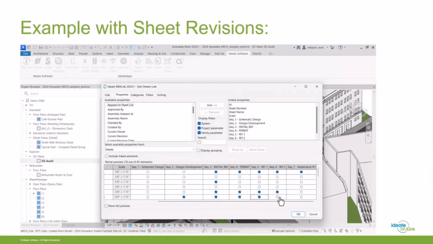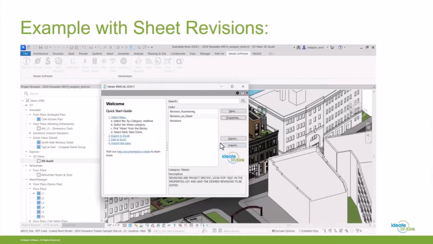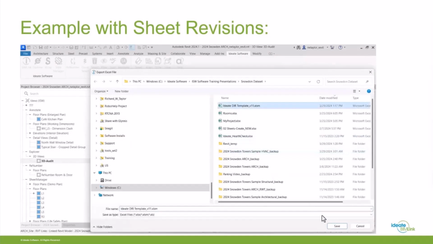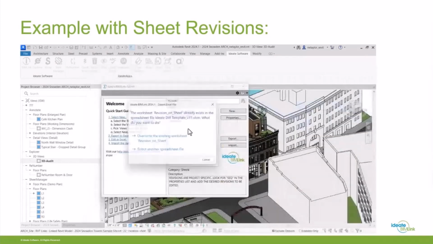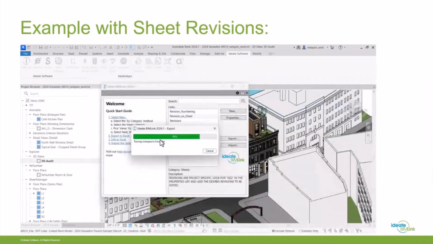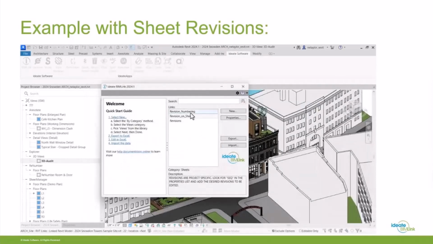So I'm actually updating the model as I do this, or when I select OK, I'm updating the model. So anytime if you want to make sort of live updates, even with the text, you can do that very easily. So now I'm going to export this to my DIR template. This is the template I was telling you about that you can request with an email to support@id8software.com.